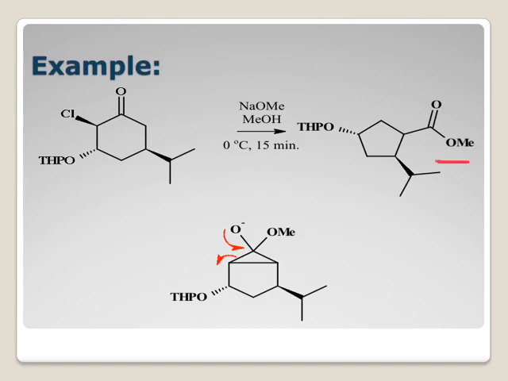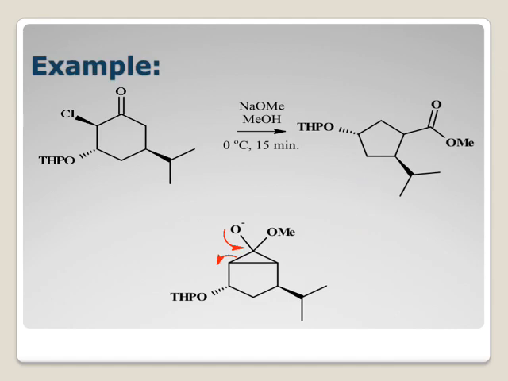I have not shown whole mechanism, but in the first step this will abstract a proton from here, generating a carbanion. Then that ionic carbon attacks on this chlorine. Chloride ion will leave the molecule to generate cyclopropanone ring. Then methoxide ion will attack and we get this intermediate. Now here due to steric hindrance and all, this bond will break, leading to formation of this product via protonation.